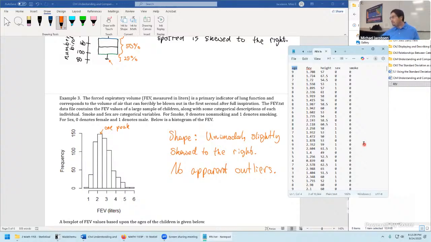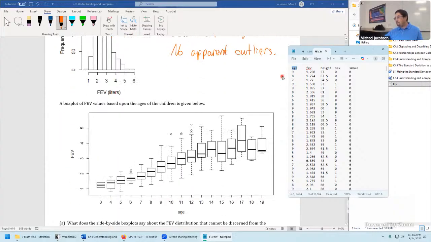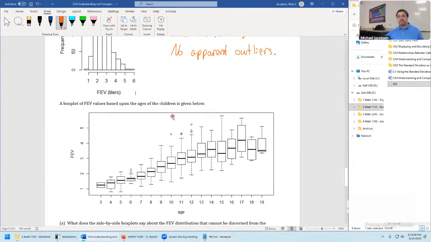Okay, so if we took a quantitative variable and we decide to split it up across another quantitative variable, sometimes that's an unusual thing to do, but the fact that these ages are integer values, there's no 8.5, 8.21, not a bad approach to take. On the surface, this is a quantitative variable, but the end designation of whether you want to think of it as quantitative is sometimes just based on what you do with it. If I decide age 9 is a category, age 8 is a category, and so on, we could treat it like a categorical variable and do something like this display here.